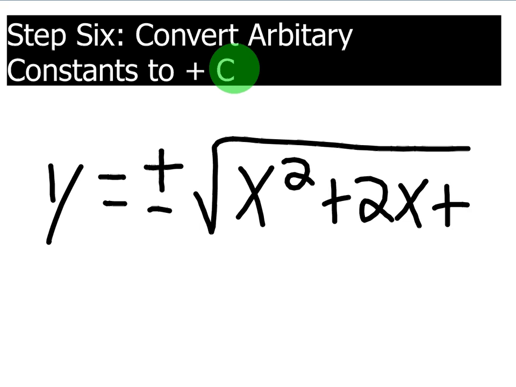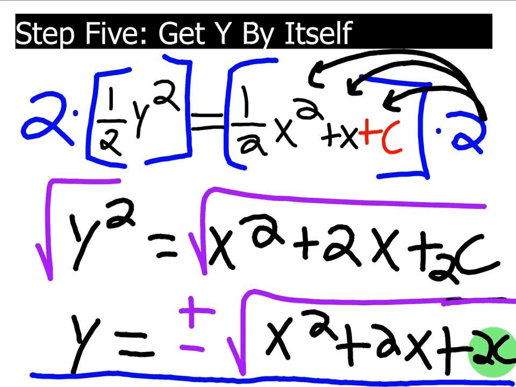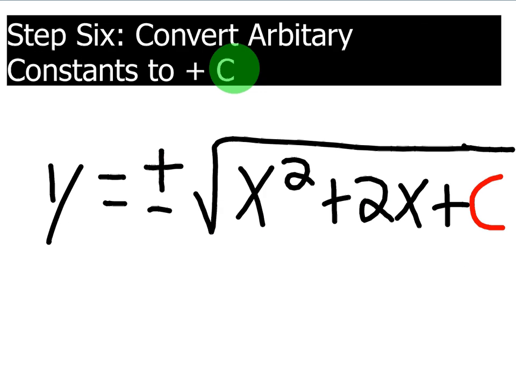I'm going to put the plus c in red. I just like to do that. Even if this was a plus c squared or something, it doesn't matter what you do to a constant, it's going to remain a constant. So an arbitrary constant basically means 2c is the same as just c. So just change it to c, and you're going to see why that works out much better when you find